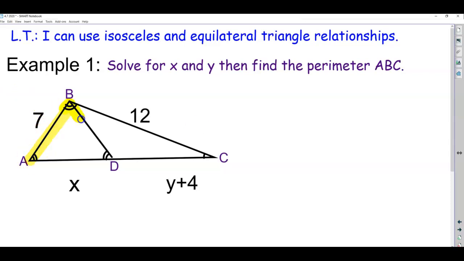All right, I'm going to start here, just looking at this triangle that's highlighted in yellow. Notice it's equiangular. If it's equiangular, it's also equilateral, which means I know this length is 7, and I could put 7 in any spot that has a congruent tick mark, which means the side length x has to be 7, and we're done